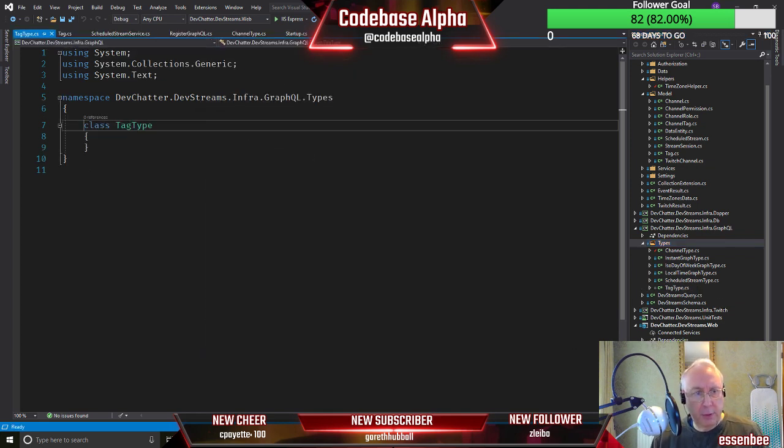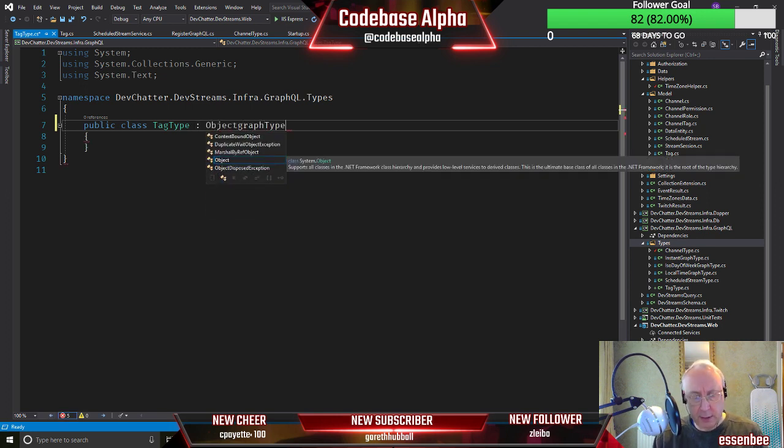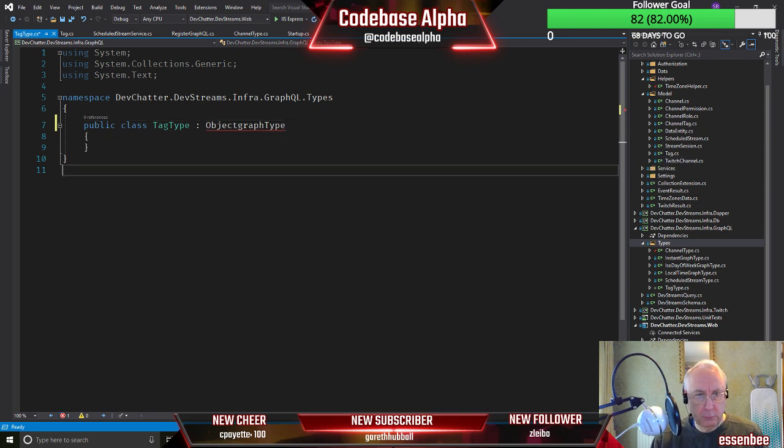This is going to be a public class, and we're going to want to be inheriting from object graph type. This is one of the GraphQL types. Spell that right, and then bring that namespace in.